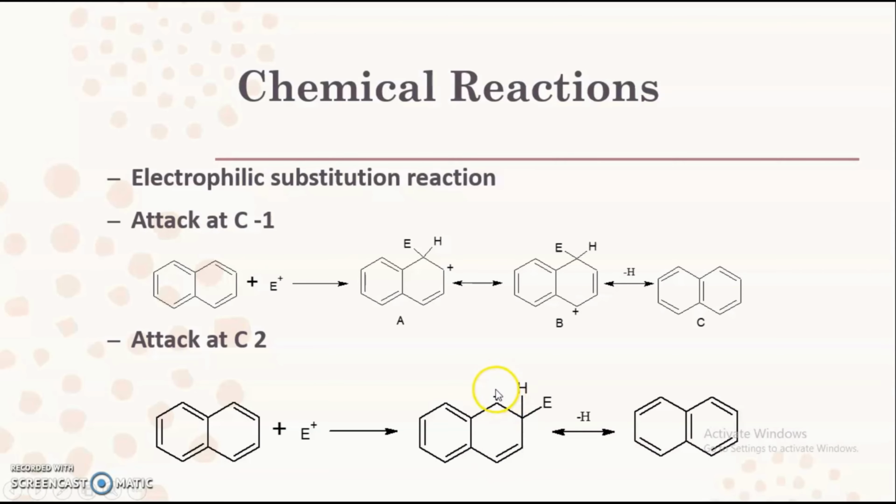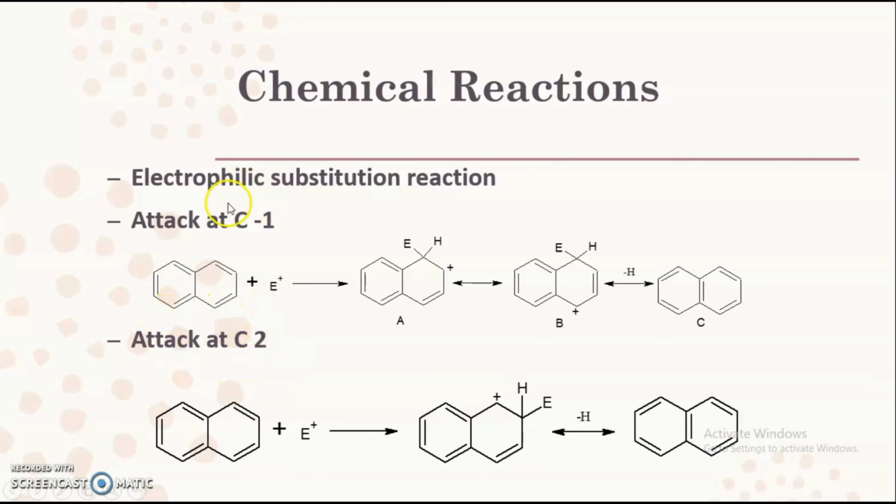To get stable, this particular carbon atom should take the electrons from this carbon atom. But as I said, we are not going to disturb the electrons present in the A ring. So here these electrons are not shifted directly because the valency of this carbon atom is already satisfied. That's why only one resonating structure can be drawn when the attack takes place at carbon number 2.